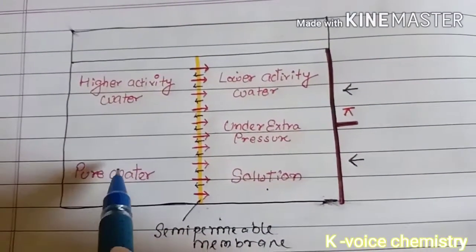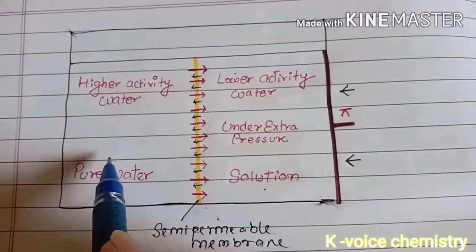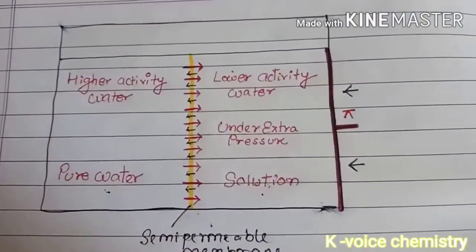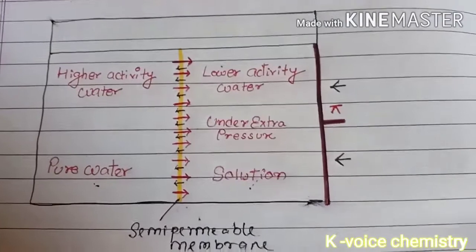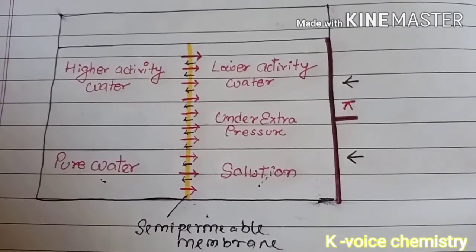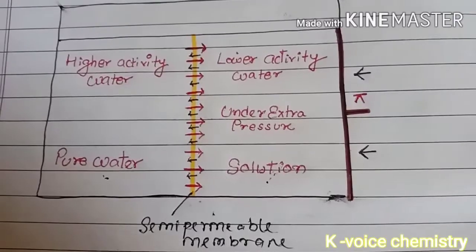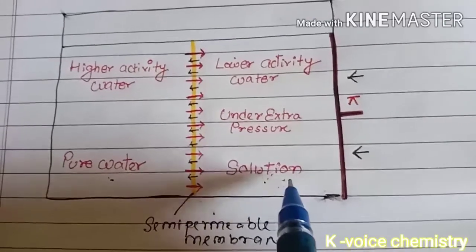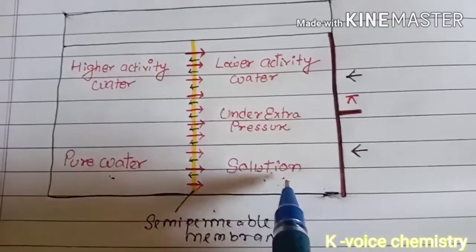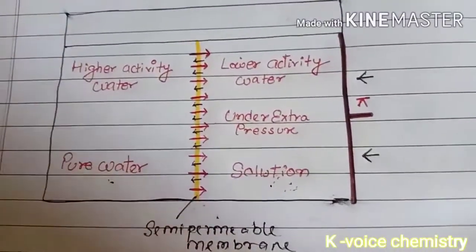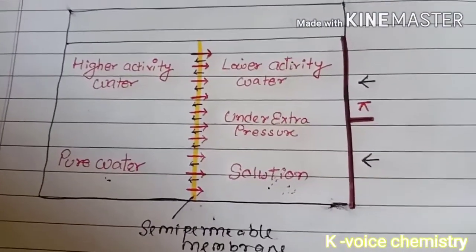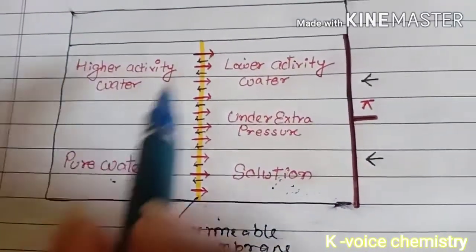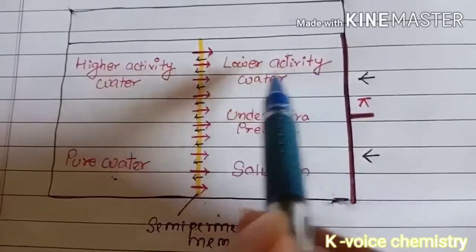Because there is no presence of the solute, because it is a pure solvent, pure water in this case. But in this case this is a solution. So we know that the solution must contain two components, one is the solute and the other is the solvent. So we can say that in this phase some amount of the solvent is being occupied by the solute molecule, and as a result the amount of the solvent in this phase is lowered as compared to this, so it has a lower activity.